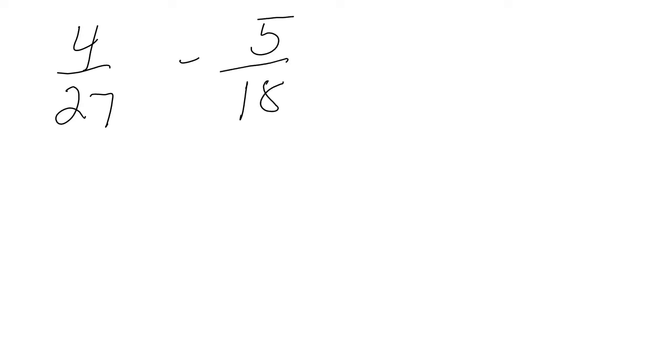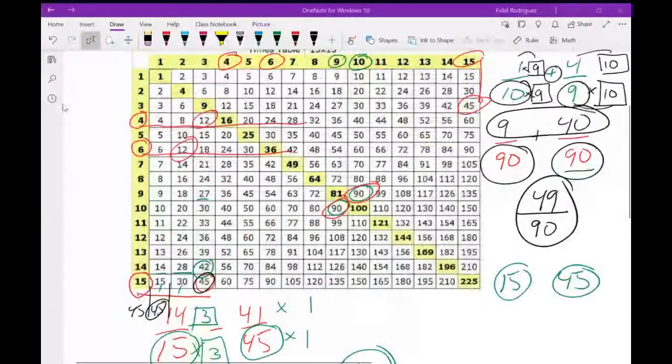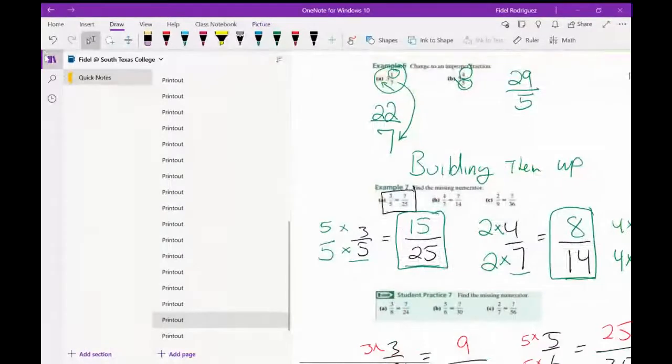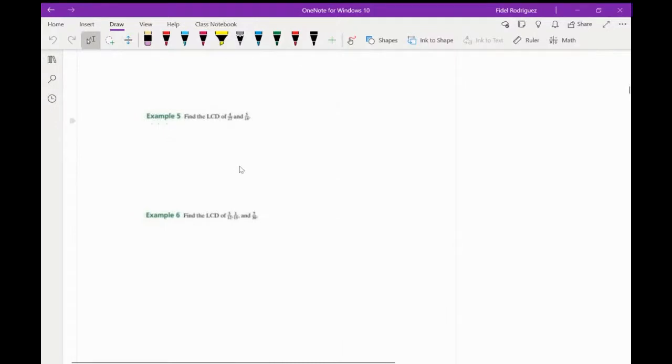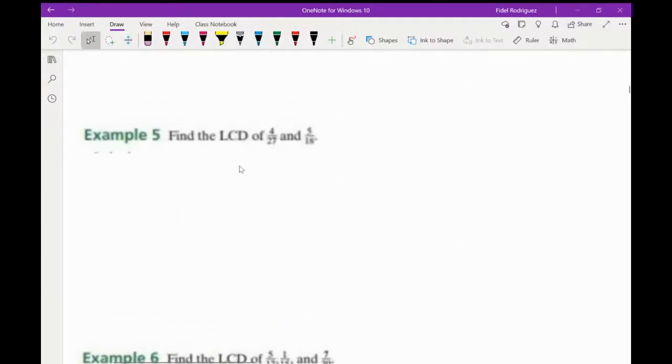Okay, so I think you guys can see this. So 4 over 27 minus 5 over 18. And all we're trying to do here, guys. It's example 5 point 2, on the notes. It's not the homework. Okay, let me do this then. Is there another way to do it other than making these Christmas tree type of things? Yeah, I know what you're saying. Okay. So guys, is there another way to do it?